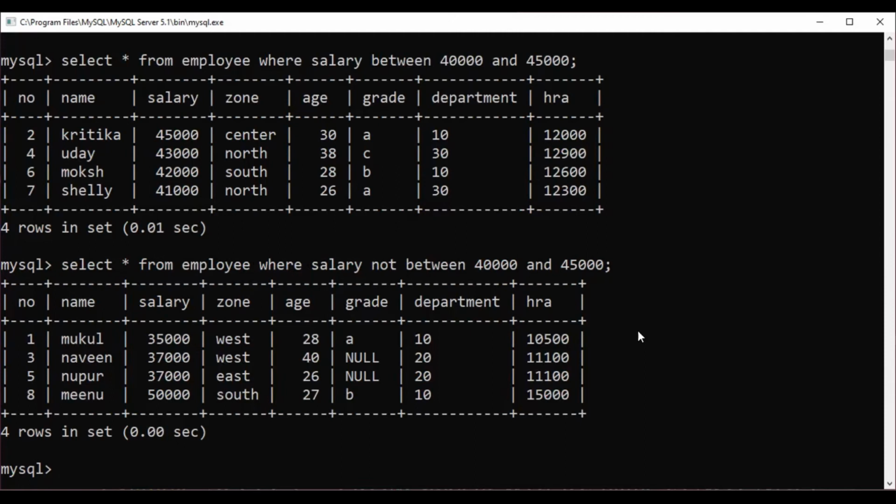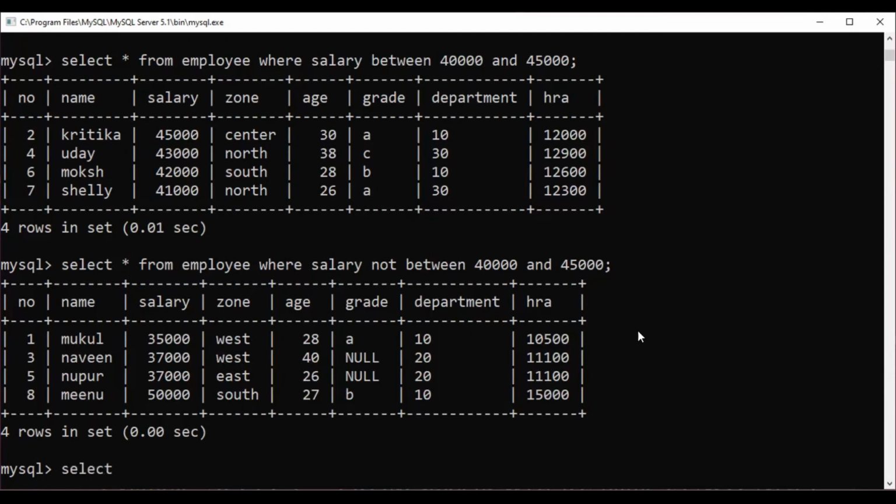Suppose I want to display the employees who are in the zone north, west, and south. For that, we can use condition based on list. So how will we give it?